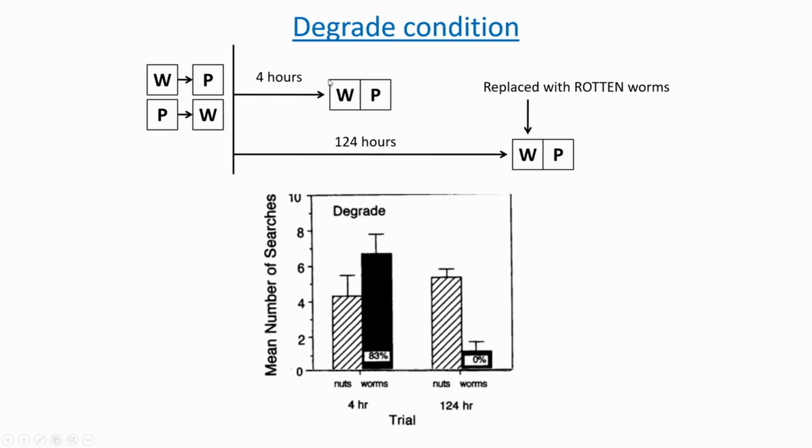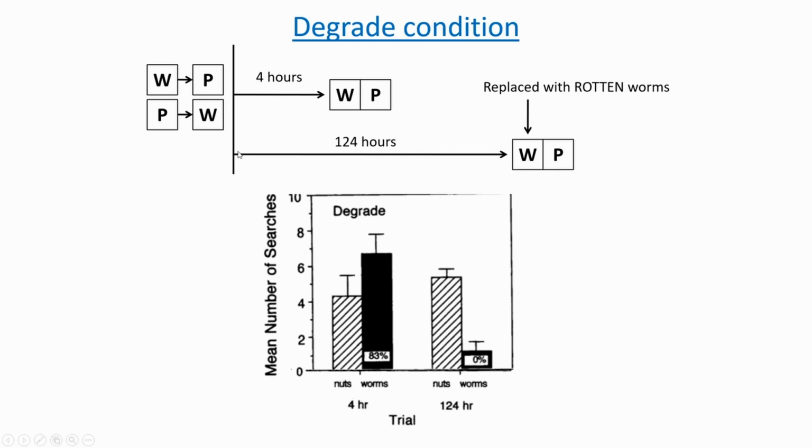So we would predict that after 4 hours, these birds should search in the worm tray the most. So if we look at the bottom here, we have our 4-hour trial, so we have our two different trials. Each bar is a different type of tray that they were searching in, nuts or worms. And this is just the mean number of searches. So a higher score here means that they looked in that tray more. And so we're seeing that they spent a lot more time on the worm tray than the nut tray after